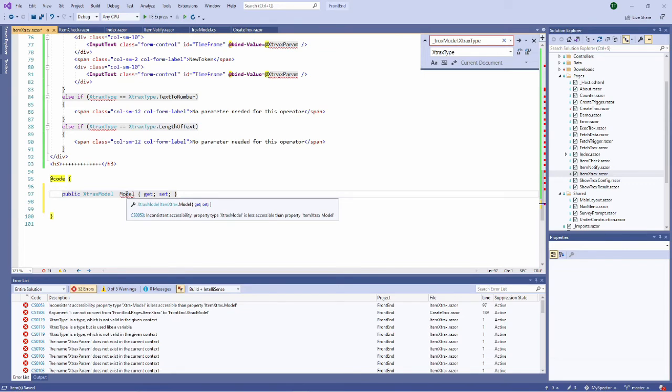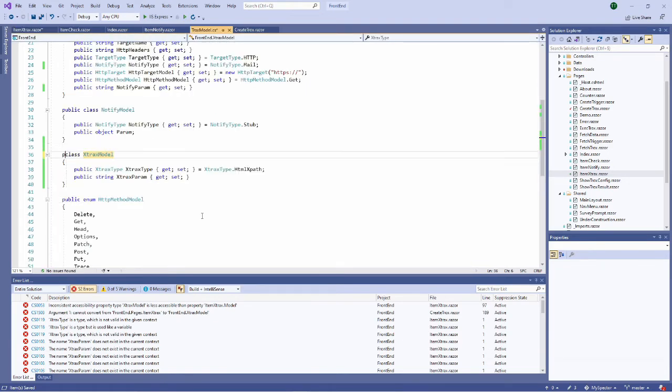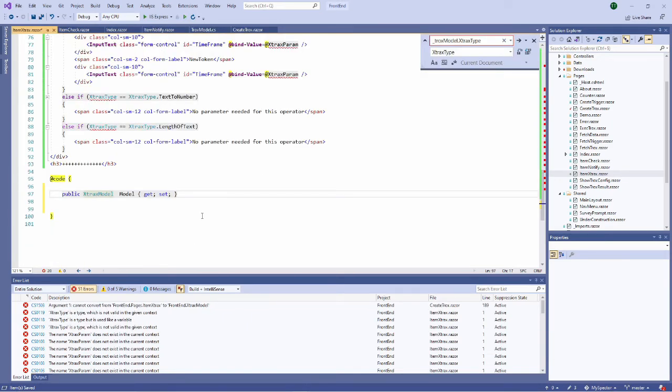It says the property is less accessible than item extracts model. There is a problem of inconsistency. My property extracts model is less accessible than property item extracts model because, yes, my class has been created as private by default, so I make it public. Okay. Good.